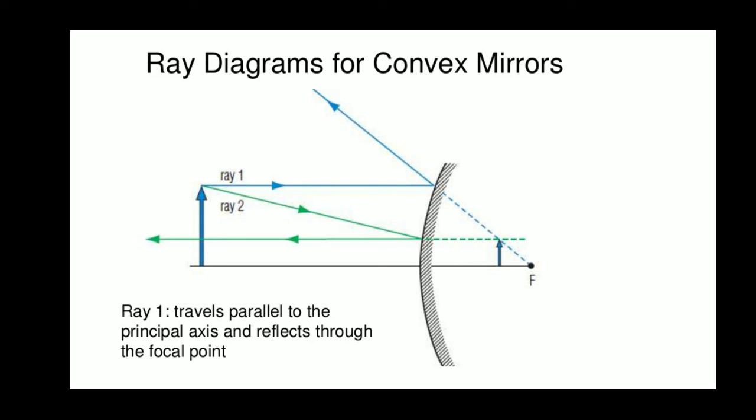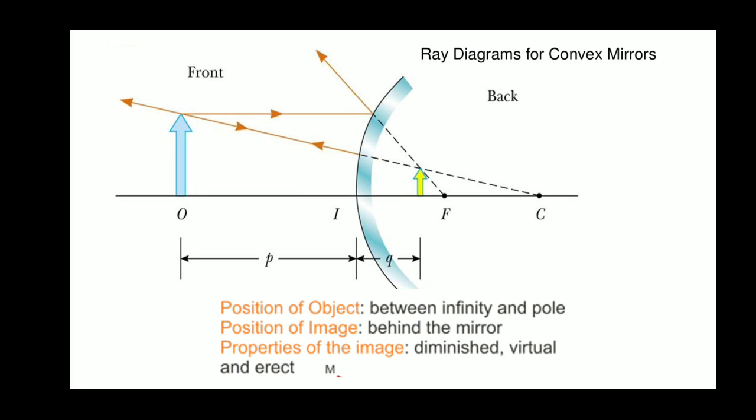Now compare the size of the object and the image. See, the object is big, the image is small. So it's a virtual image. Diminished means the size of the image is small, and it is always an erect image. A virtual image is an erect image. This is the second case of the same one with another diagram. Instead of passing through focus, the incident ray is considered to appear to pass through center of curvature. This is the reflected ray. Both the reflected rays appear to meet at this point, so it's a virtual image.